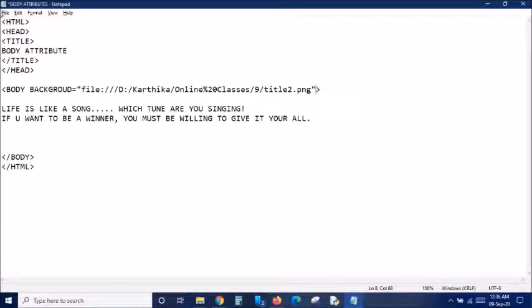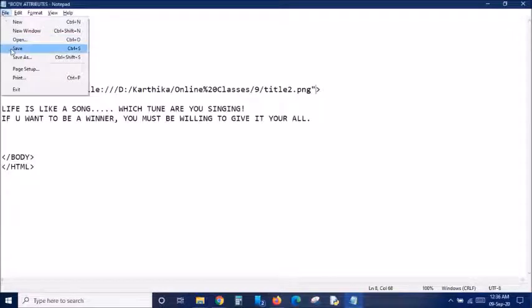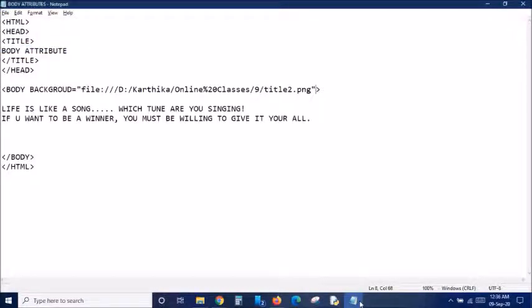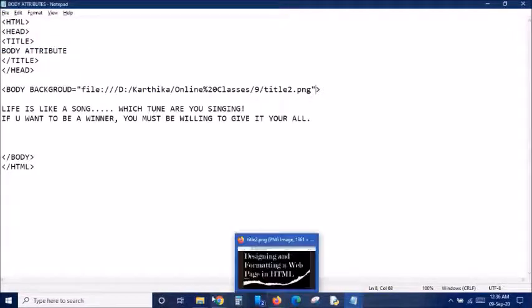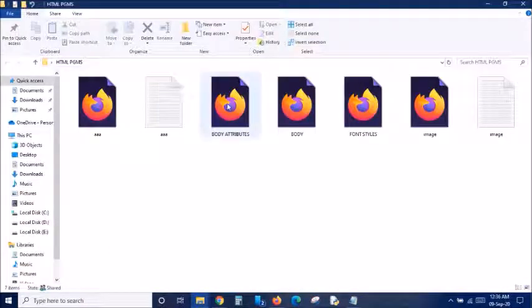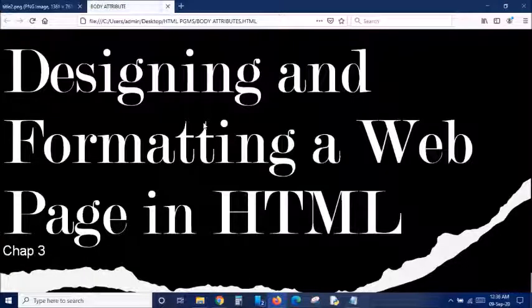Now I'm going to show you how it is going to work. Click file and click save. Now I'm going to the folder which has the program body attributes and double clicking on it. Yes, we have got it. So now what you are looking at is the background image of my website. We had some text for this, right?